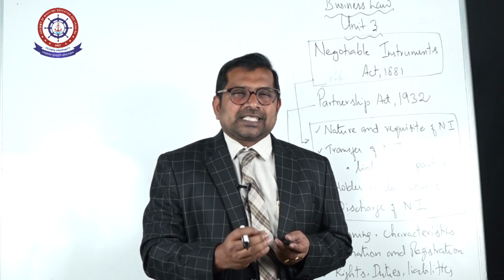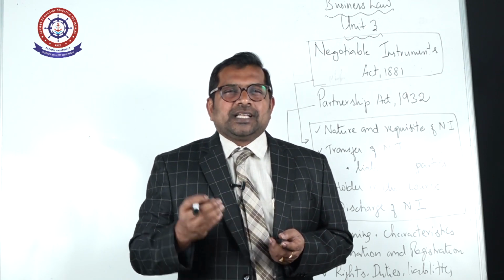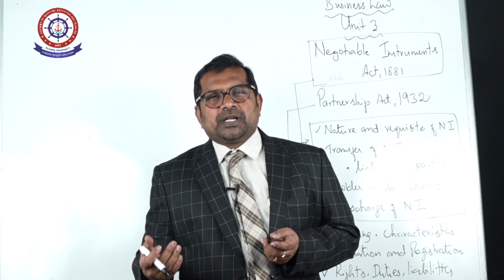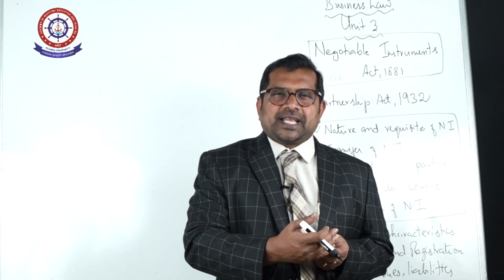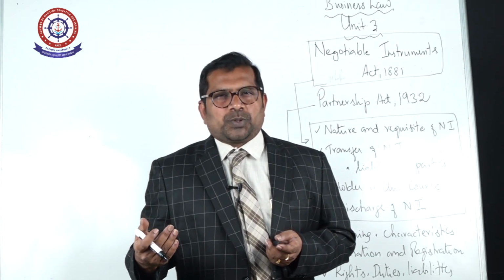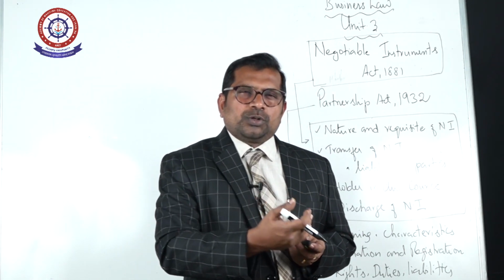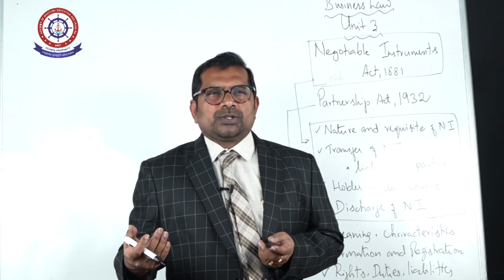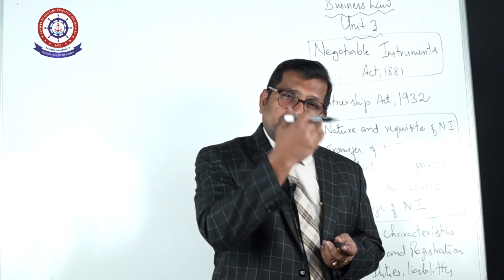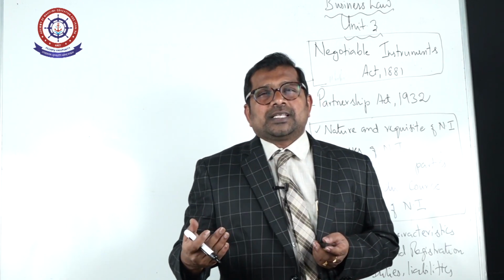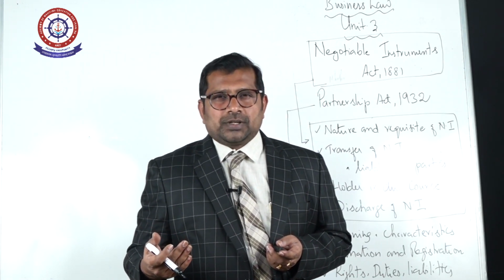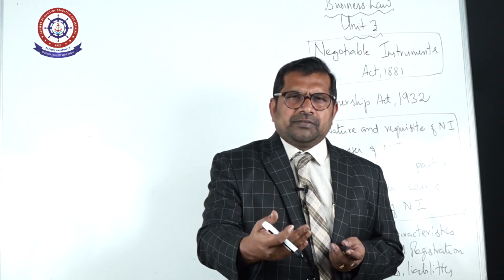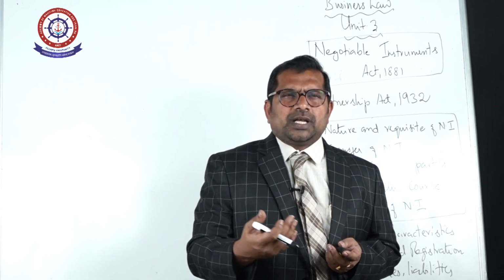So what are the headings we have discussed while seeing the difference between negotiation and assignment? Negotiable Instruments Act 1881, Transfer of Property Act 1882. Point number 2, holder of negotiable instrument. Here, payment of debt by one person to another person. Here, transfer of negotiable instruments only. Here, assignment can be made by any person. Here, bearer instrument and order instrument: bearer instrument is delivery, order instrument means endorsement and delivery.